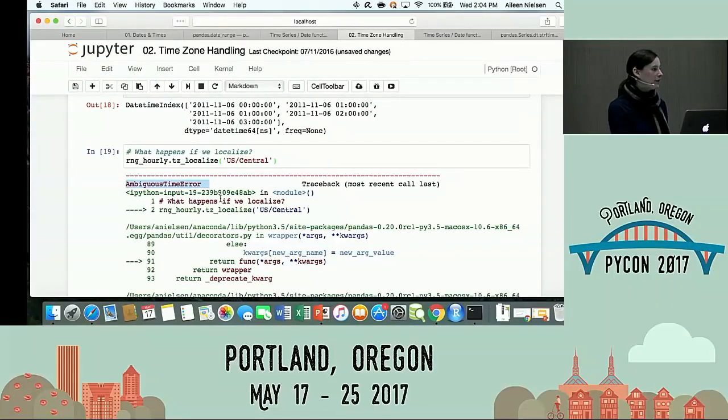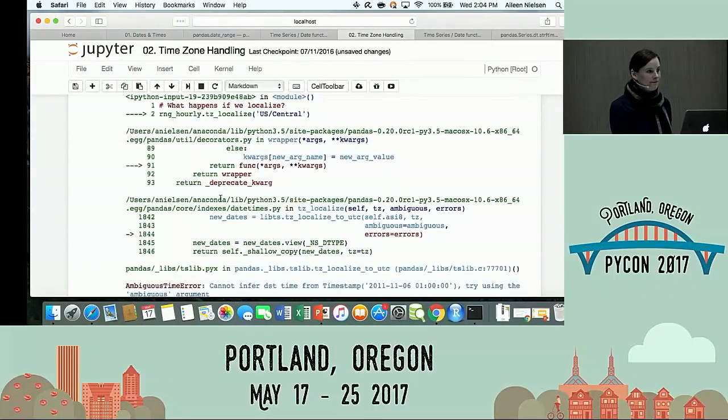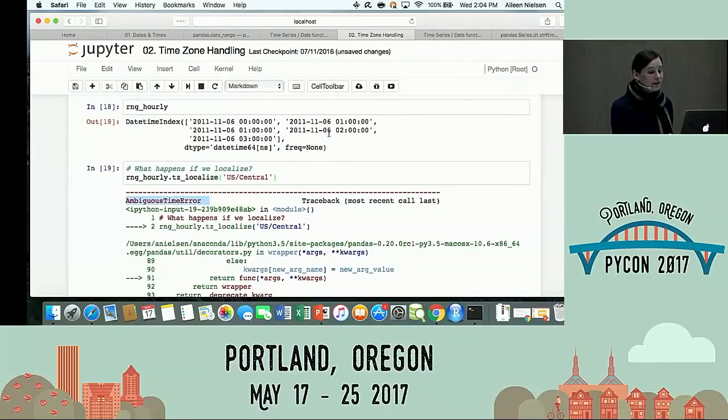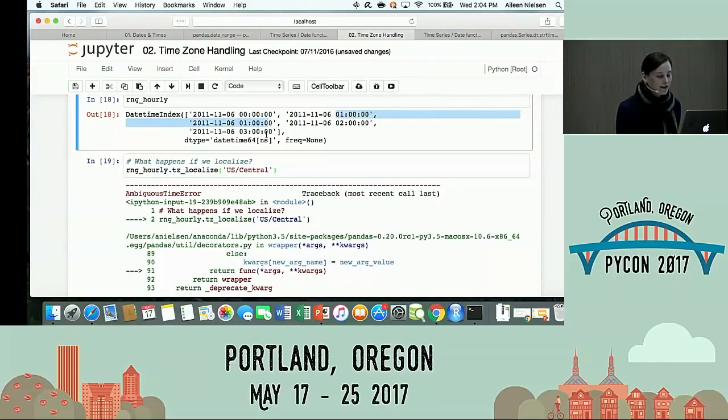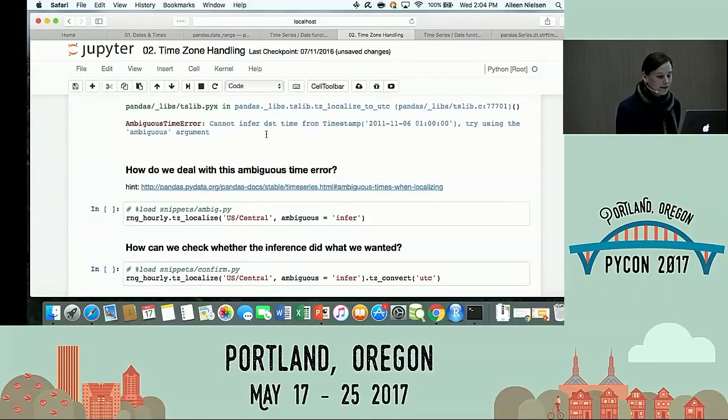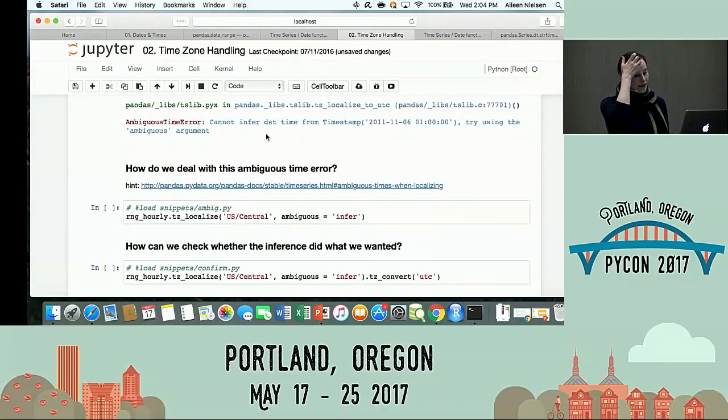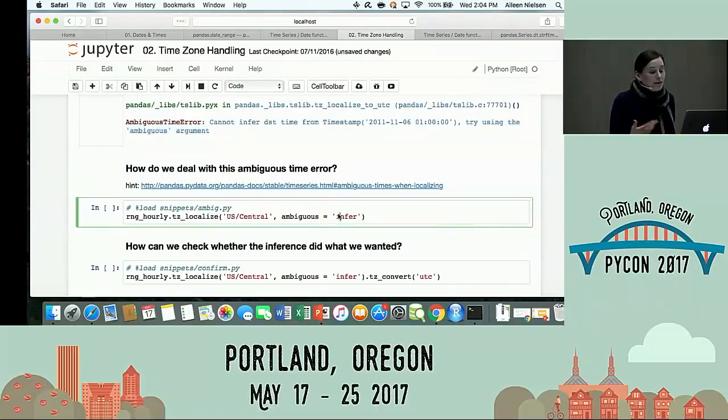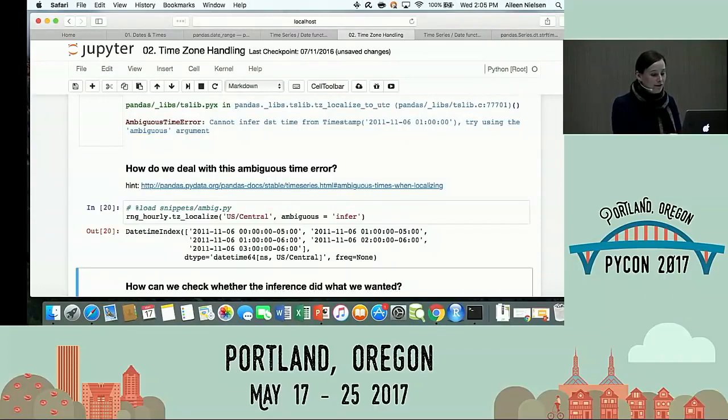Why did I get an ambiguous time error? Well, yeah, so some of these are maybe the same time, right? Maybe something really weird and dysfunctional is going on with this 1 o'clock thing. So let's figure out how we can deal with it. How do we deal with the ambiguous time error? Well, actually, you can try using the ambiguous argument, right? So when you run into this issue, it will actually tell you how to fix it, and it will do it the intuitive way that I would personally fix it if I knew the problem myself, which is this.